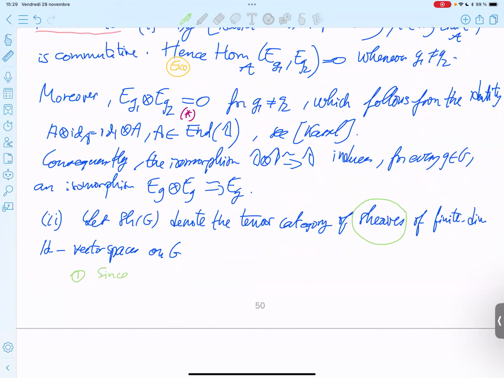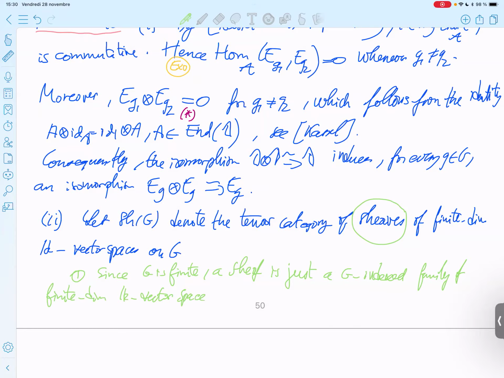First, since G is finite, a sheaf is just a G-indexed family of finite dimensional K vector spaces. So in fact, it's a little too much to talk about sheaves in this case,